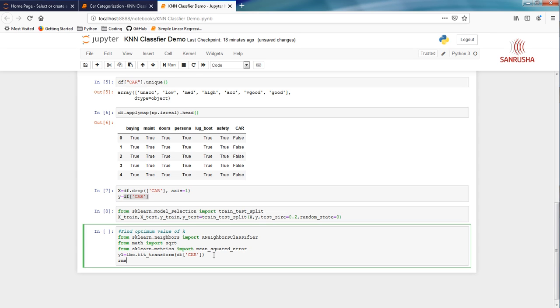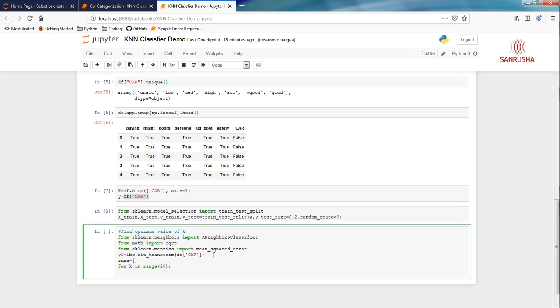And next I'm going to create one empty np array, RMSC, and let's start for k in range 20, k equals k plus 1. You already did that. If you want, you can copy and paste from the previous notebook, that is the KNN regression notebook. So I'm going to create an instance of the KNeighbors class.